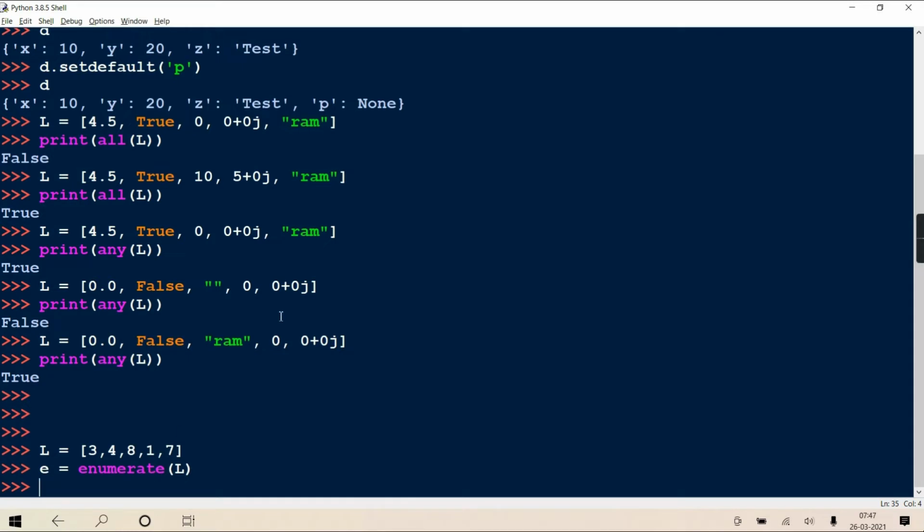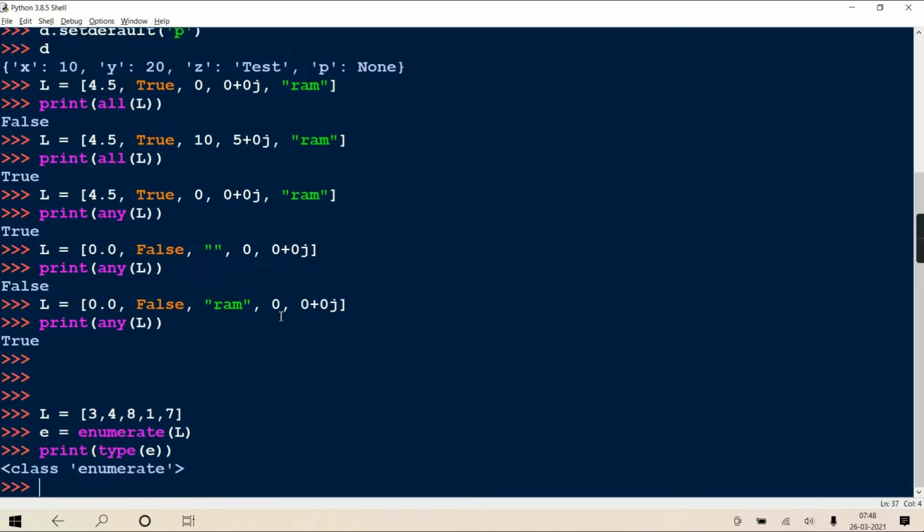Enumerate is also a class. It also comes under the category iterable. If you check its type, it will show that it's an object of class enumerate. And enumerate also comes under which category? Iterable category.